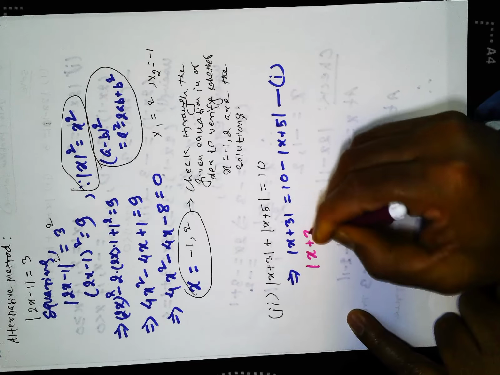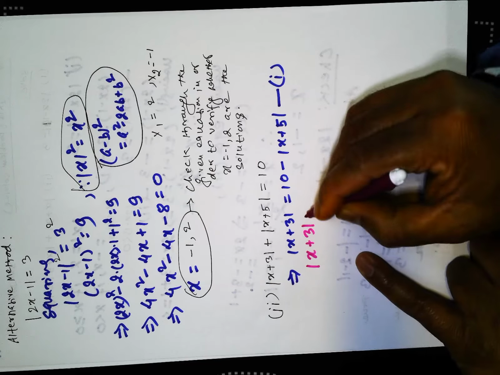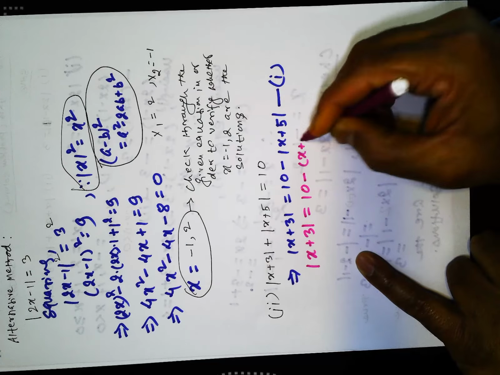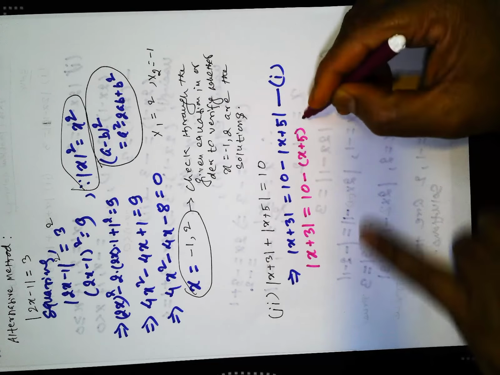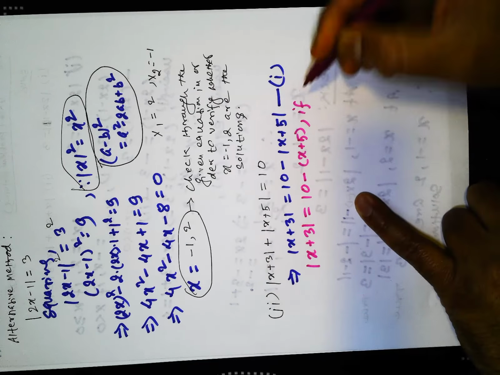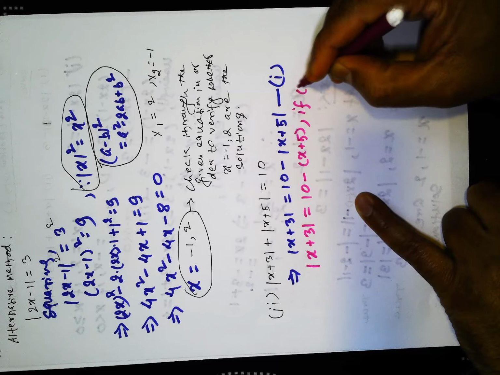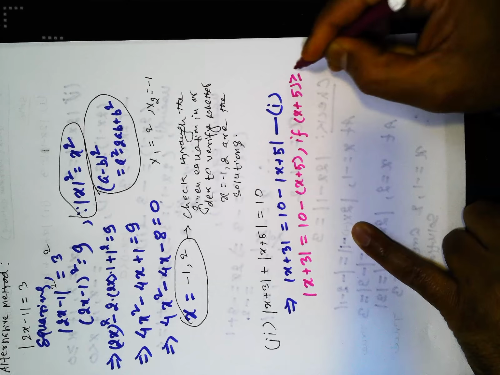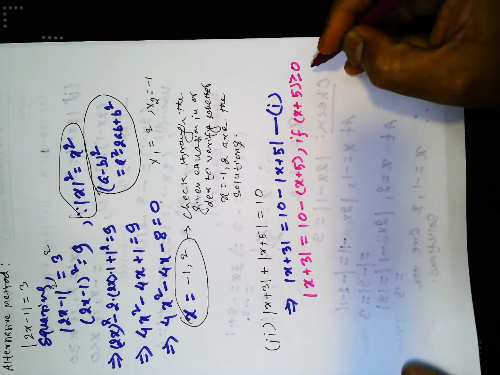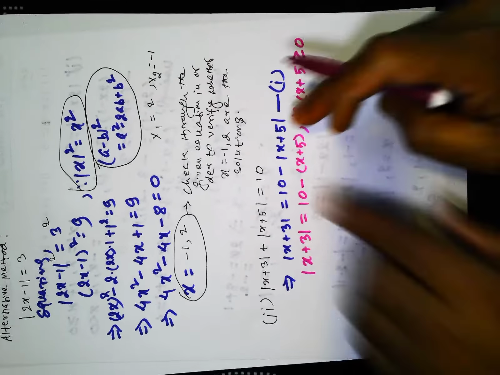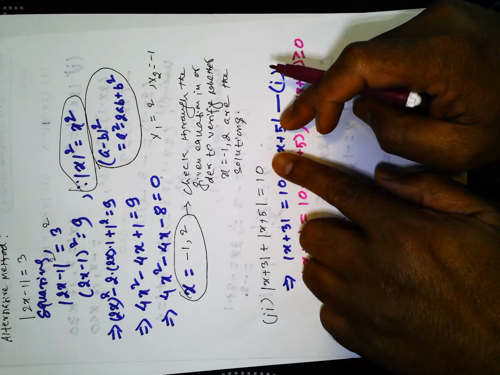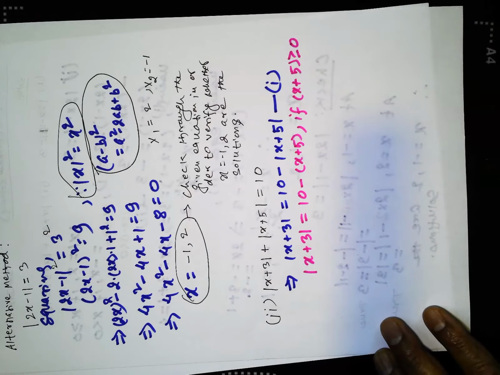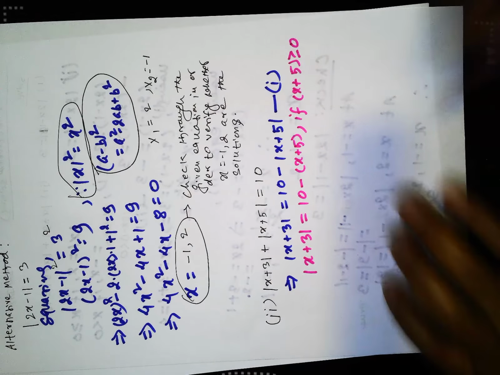x + 3 is equal to 10 minus (x + 5) if x + 5 is greater than or equal to 0, that is, x + 5 is positive. That means there is no change in sign for this term, it remains as it is. So I call it equation